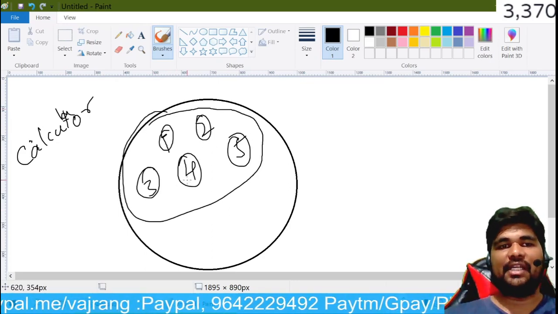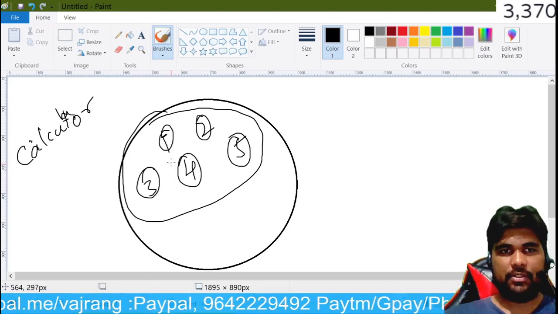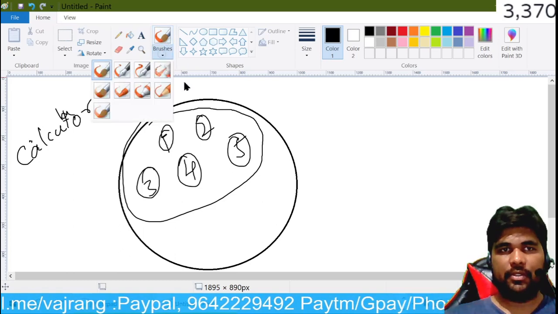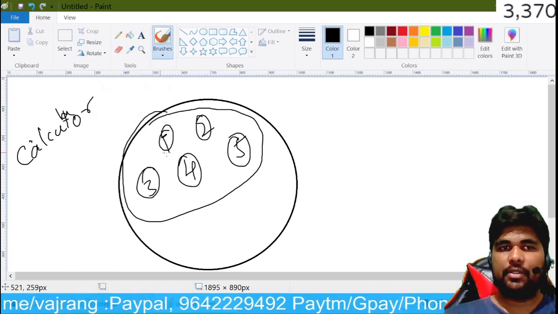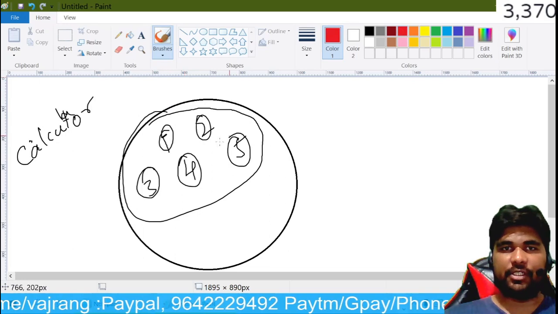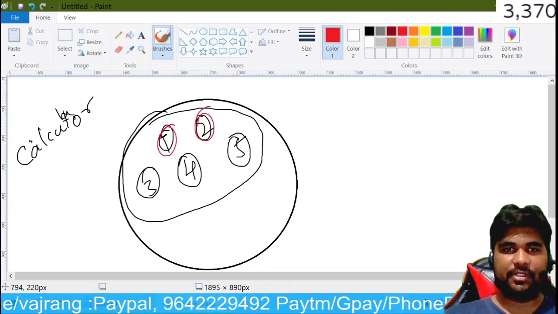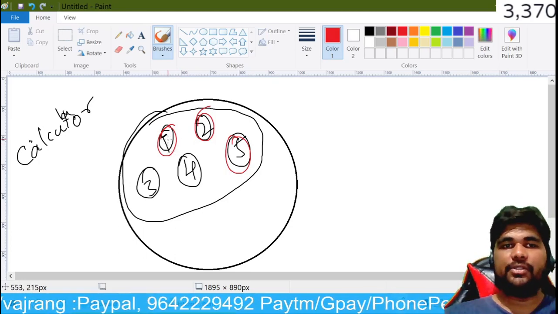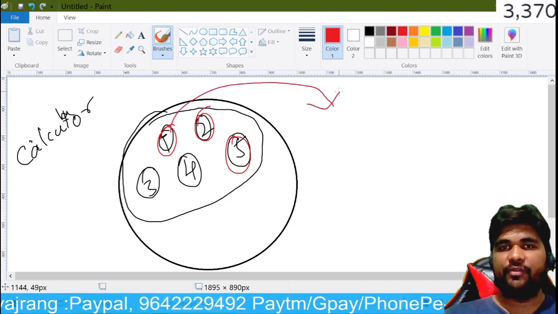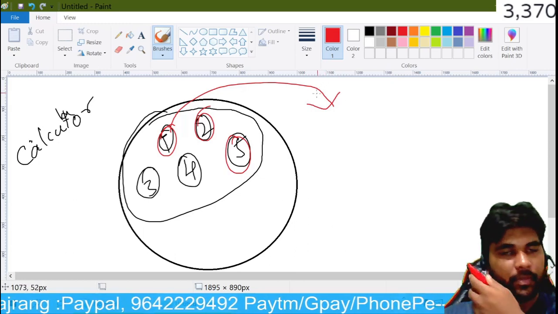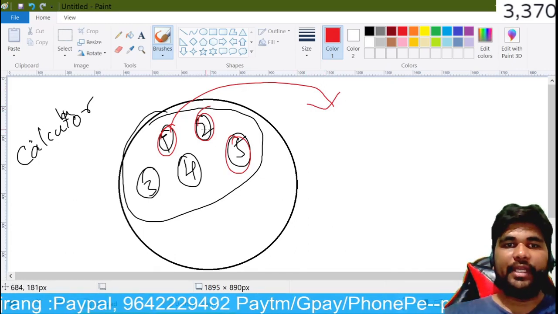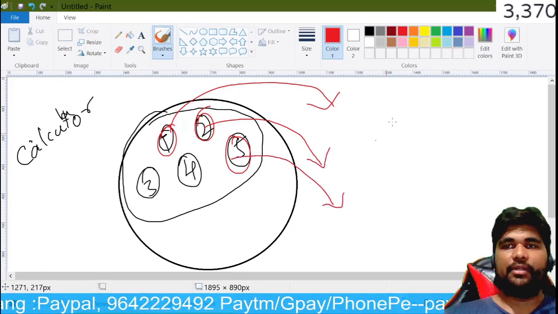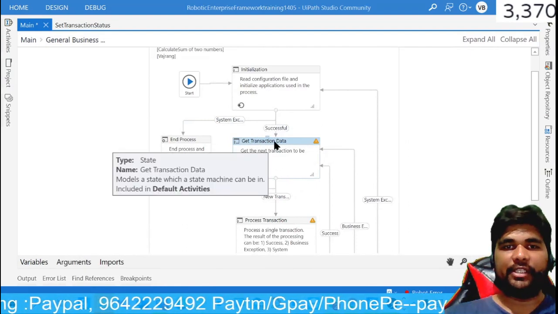Now what is a transaction item in this? Numbers. Each and every item is a transaction item. So this is an item, this is an item, this is an item. From where are we picking the transaction item? We need to first pick this item and process it, then pick the next item, then the next. That picking is happening in the get transaction data state.